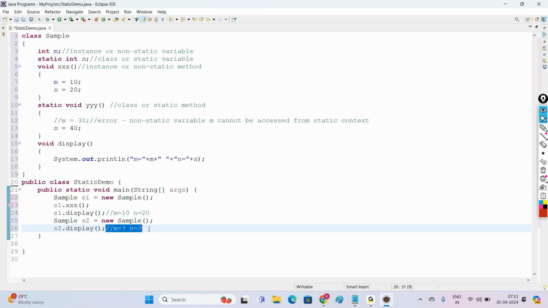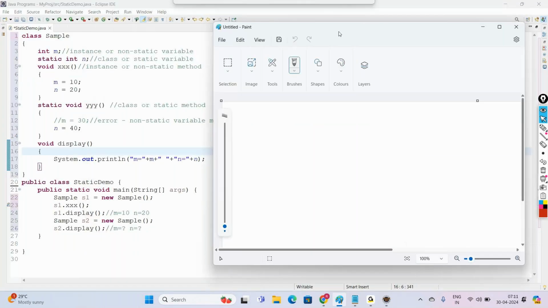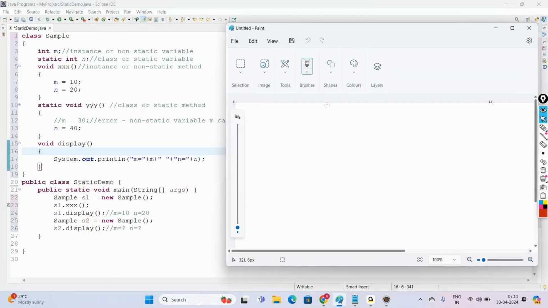But let us understand what will be the output. It is not a default value. That's the main thing to understand about static keyword. Understand carefully. Whenever we create a new object for a class for the first time,